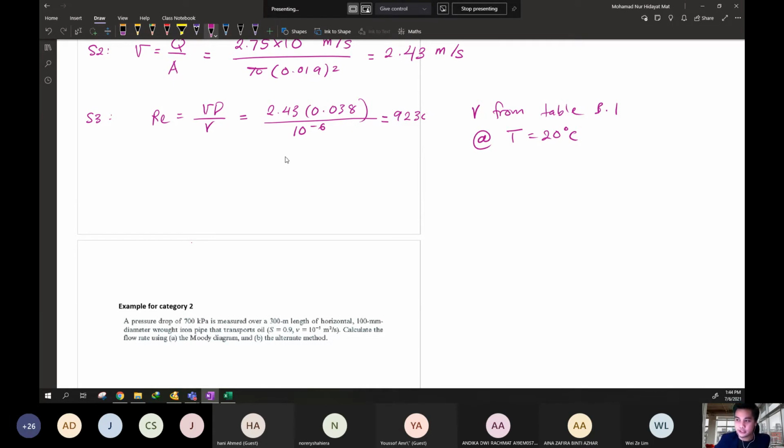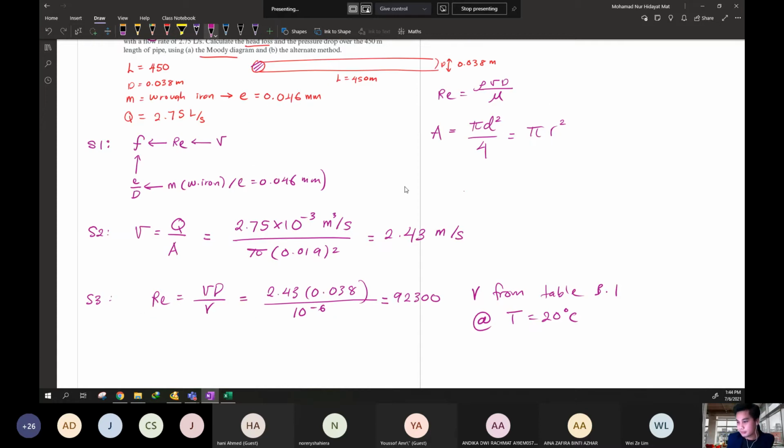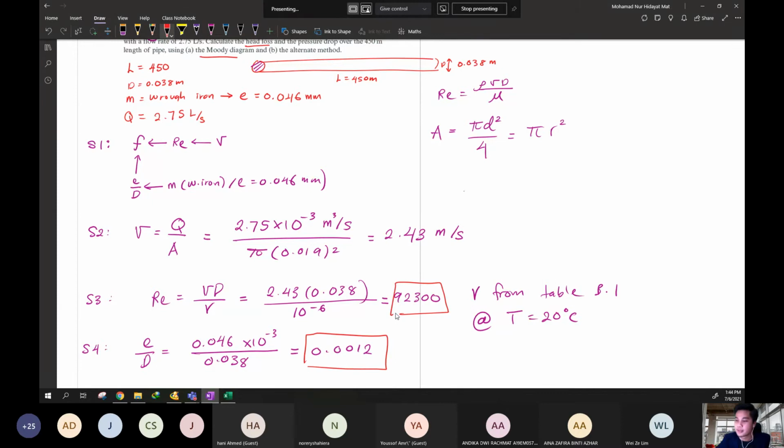So after we get this Reynolds number, the E over D is step number 4. You can get the relative roughness E over D, which is 0.046 multiplied with 10 to the power of -3. This is millimeter, over the diameter, which is 0.038. You will get the answer here is 0.0012. Okay, based on this value and based on this Reynolds number value, directly,